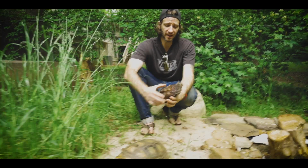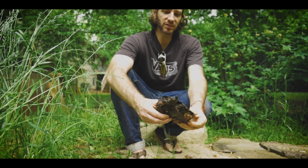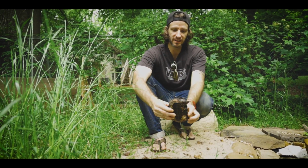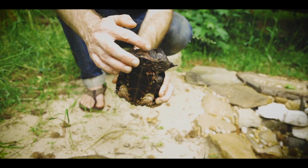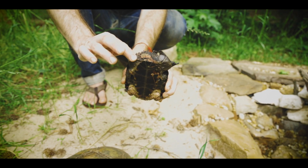And then the other turtle I have from South America, this is my mata turtle. And these guys are actually a Pleurodire. There's Cryptodire, which is pull the head in straight, and Pleurodire, which is they pull it in sideways, also known as side necks. And as you can see, the mata actually pulls its head in sideways like that, and its head is covered in these flaps, and it's got a little snorkel nose and all these little tubercles,